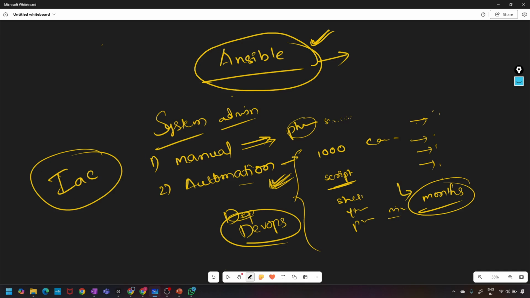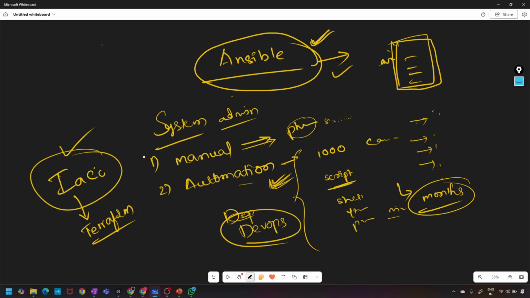Another alternative is Terraform, right? This is also IaC. We can create a file, create code, and execute it. By writing the code, we can create the entire infrastructure and do the configuration. So converting code to infrastructure, that is IaC. So using code,